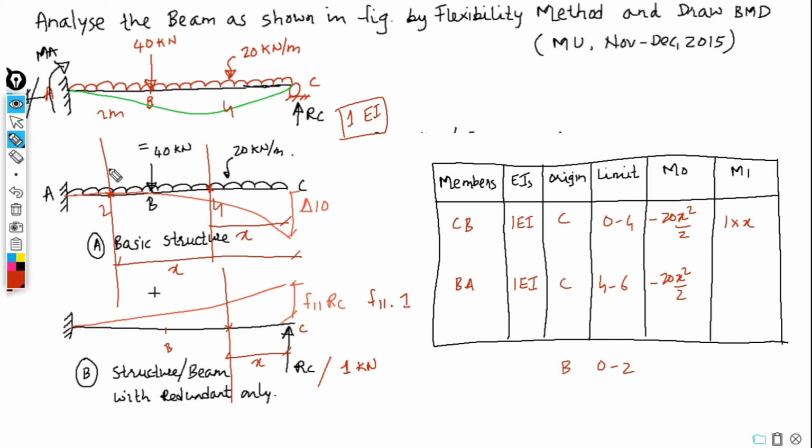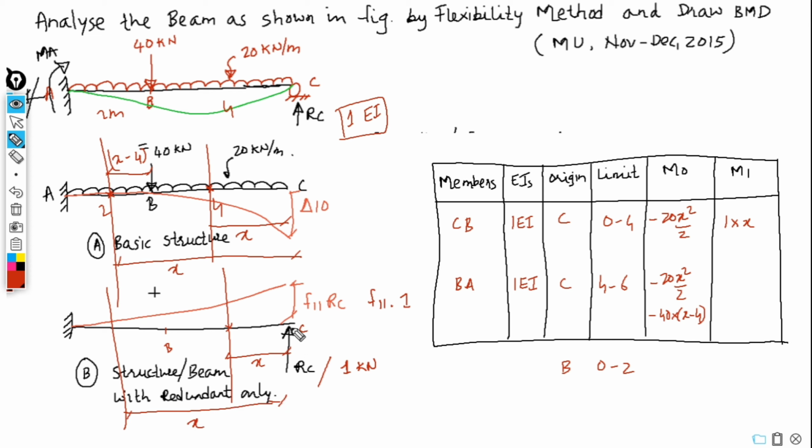And you also have the point load. The perpendicular distance of the section with respect to the point load is x minus 4. So from here to here it is x, and from here to here it is 4. So this distance will be x minus 4. 40 into x minus 4. This will create clockwise moment, that is negative, minus 40 into x minus 4. In this also you have to take a section in member BA, define x distance from C because C is the origin.